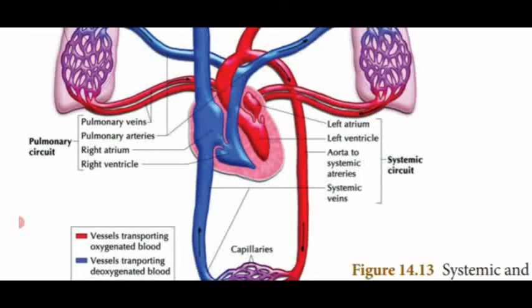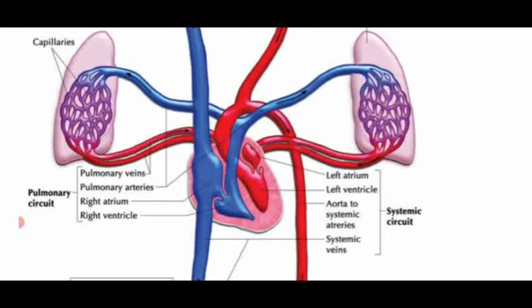Then the structure of the heart is also given. On your left side, they are showing the right atrium and right ventricle. Here they have veins and arteries. The pulmonary vein on the left side is shown in red, because the pulmonary vein carries pure blood. Then the pulmonary artery, which supplies deoxygenated blood, is blue in color.